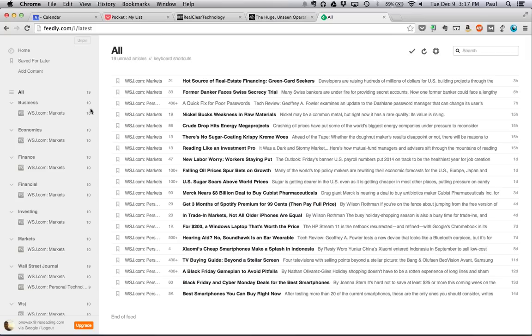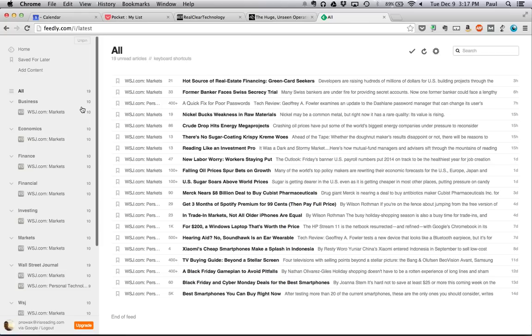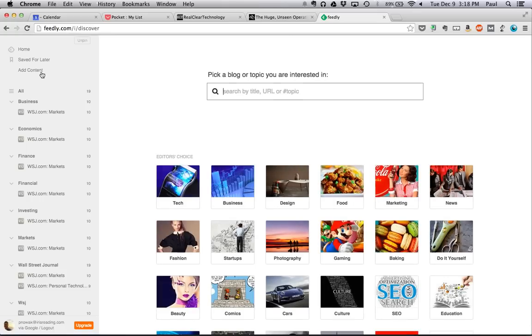So you can add a lot of things here. One of the things I like to do when I'm using Feedly is organize. Basically, you take all the web pages that you usually go to, and you can add them here. The way you add content, again, click add content, and then just type whatever website it is right here, or even a topic. And it'll usually find any kind of website if it has an RSS feed. Most modern websites do have RSS feeds, so it'll be able to pull articles from there.